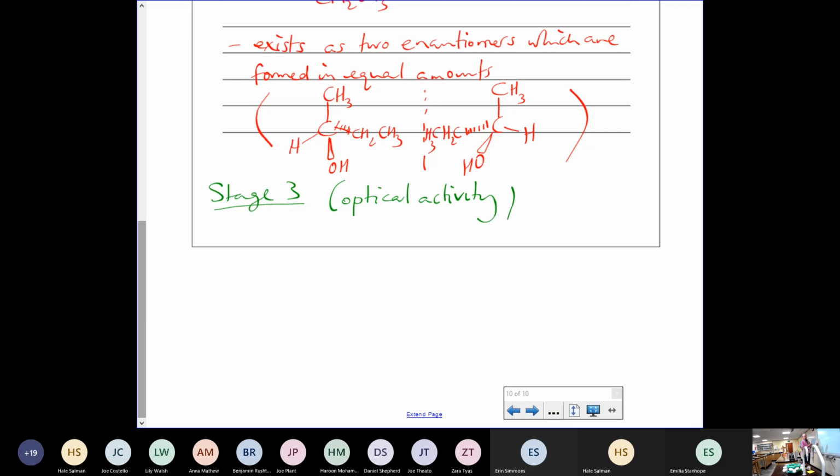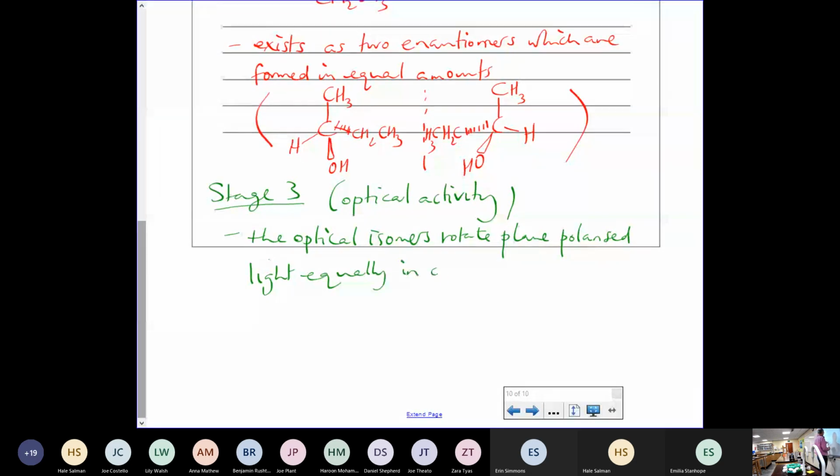And we've all been able to repeat this. It's like a bit of a mantra of chemistry. So the optical isomers rotate plane polarized light equally in opposite directions. That doesn't quite get you all the marks of stage 3 though, because what we need to say is